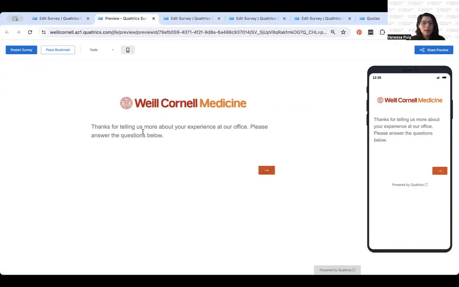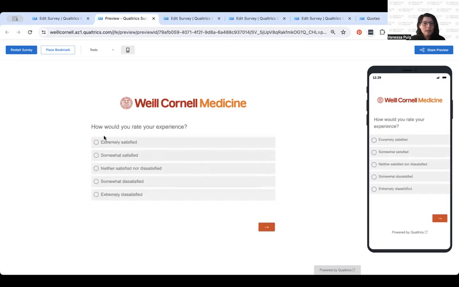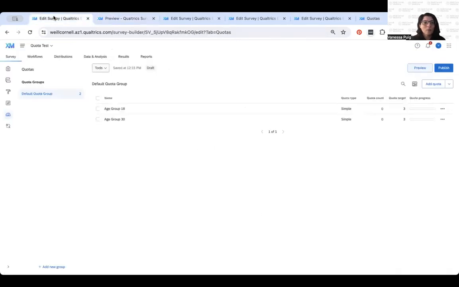So here's the beginning block with just the text, and we're going to move on, and we're going to pick this age group, 18 to 29. Here, I'll just say I'm extremely satisfied with my experience. And the survey is done. So what happens now to my quota? If I refresh this page now,